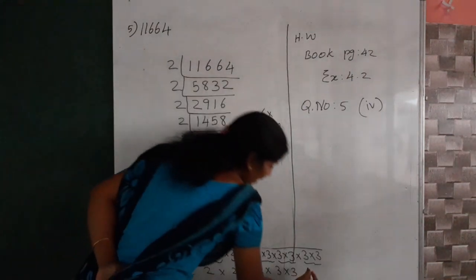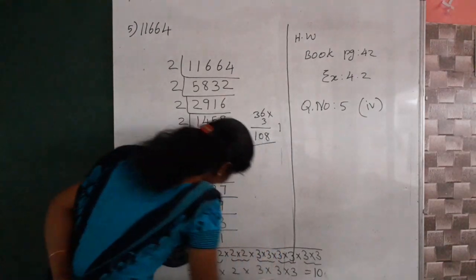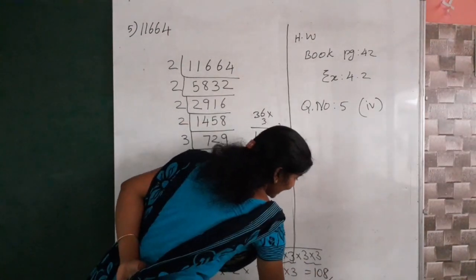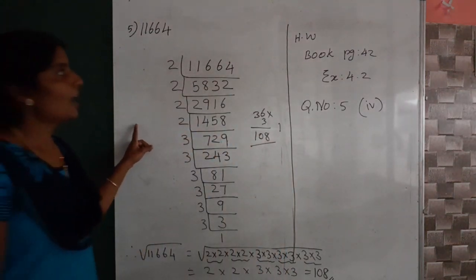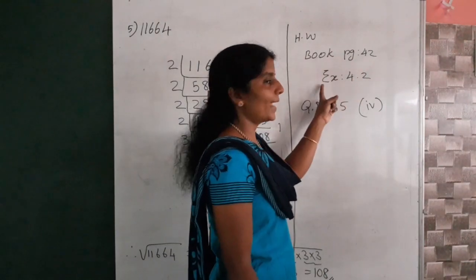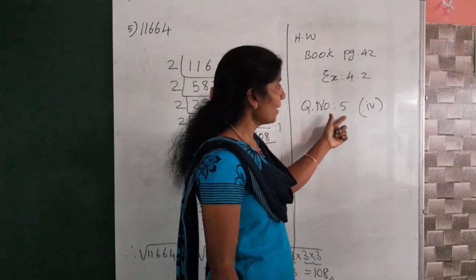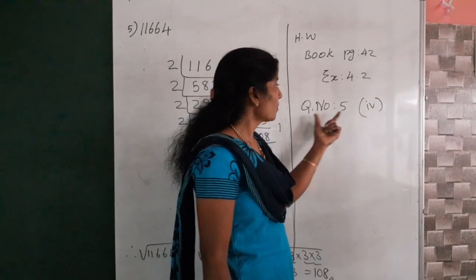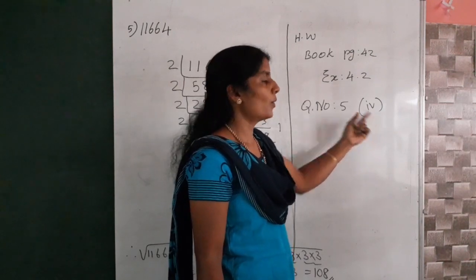So square root of 11,664 is equal to 108 is the answer. Okay. Clear? Now today's homework book page number 42 exercise 4.2 question number 5 fourth question. Okay. Question number 5 fourth question prime factorization method. Only one question